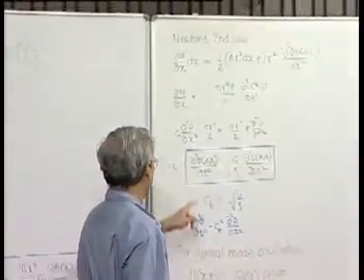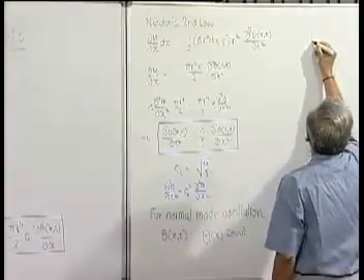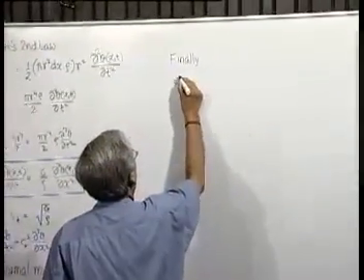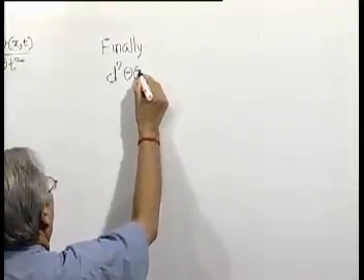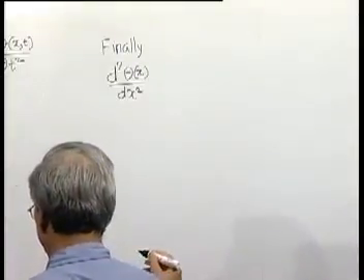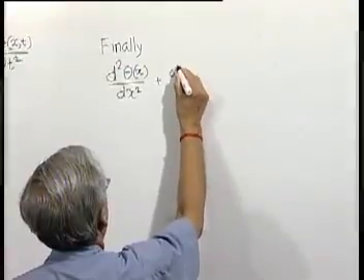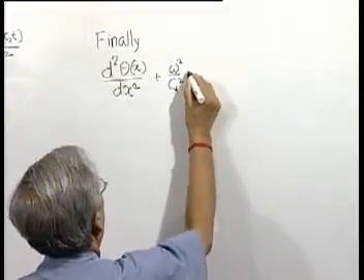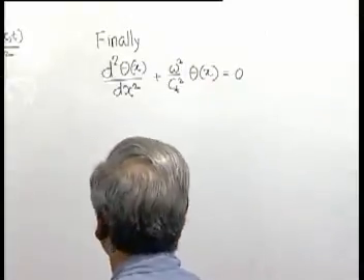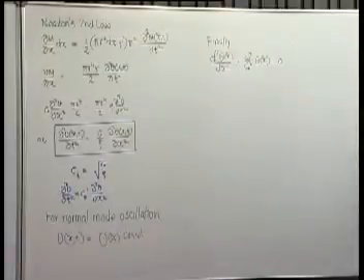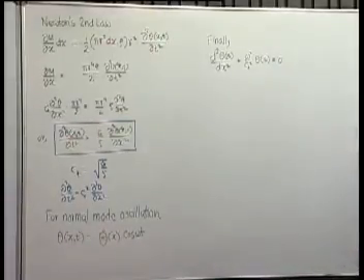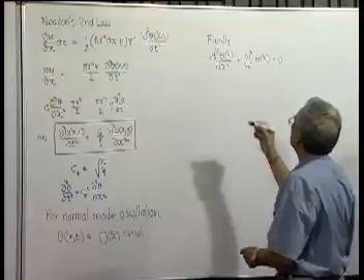And if we substitute this here, we get, so when you substitute this theta here and cosine omega t gets cancelled, so this is the equation we get, and